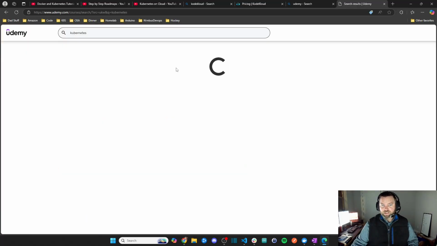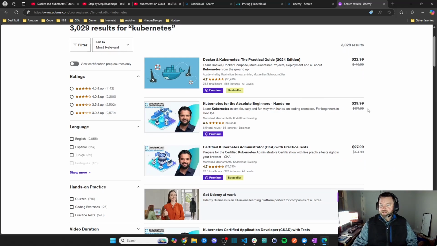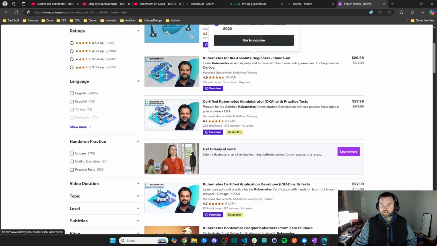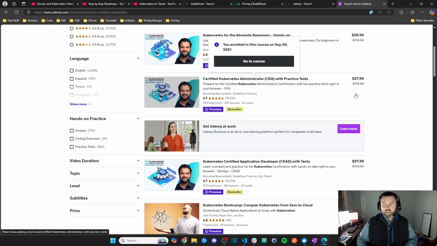search for Kubernetes, for example, this is going to be one of the first ones that pops up, and you can see it's $175, and if you do the sale, it's like 28 to 30 bucks depending on which one you get. Hands-on, I would skip and just do CKA and CKAD, so $28 a piece. Significant savings. $28, you own the content, it gets updated, you still have the content, and it gives you access to the Code Cloud labs, and the Code Cloud labs are all hands-on, so you can actually do the hands-on courses and get a